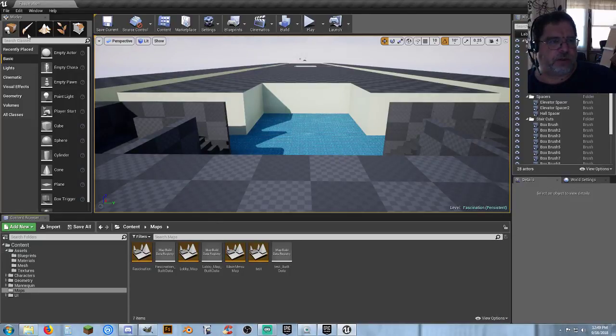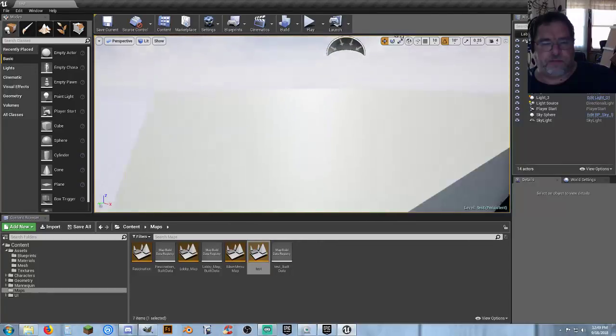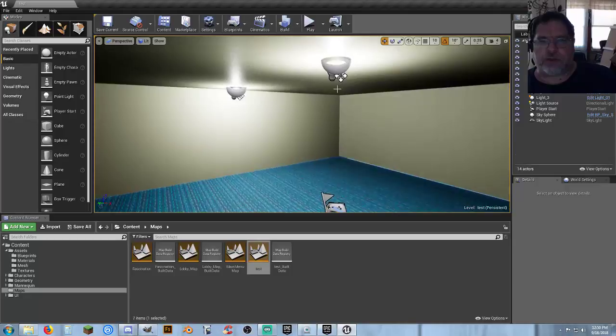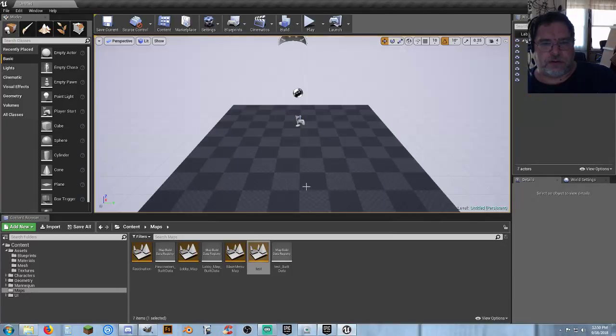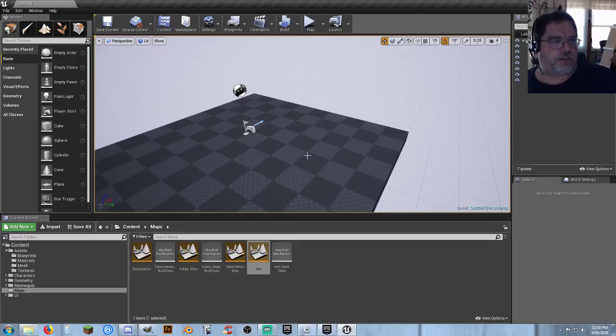So what I'll do is go to a test map that I'm working on. Go to maps and just test map. Actually, I'll create a new one. It's playing around with setting up a lighting fixture. So go to a new map, new level, default, and to set up BSP geometries,